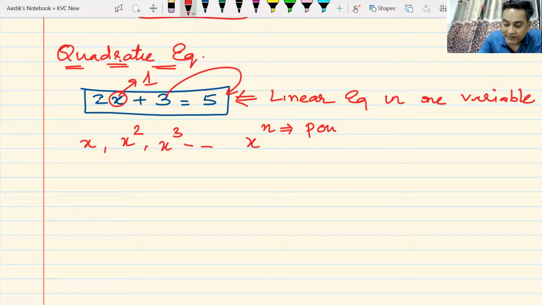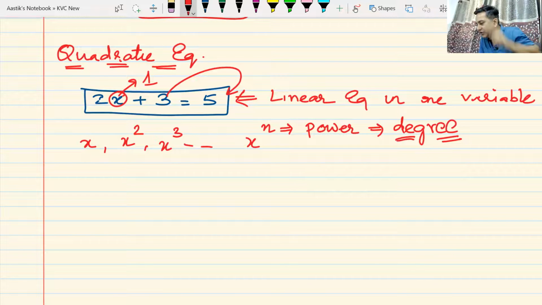Now instead of calling it the power of x, I am going to call it the degree of the equation. I'm just using a different term for power. Do we understand this? Power we all know, we have always heard about. So instead of calling it the power of x, we call it degree. So if I write an equation in such a way that